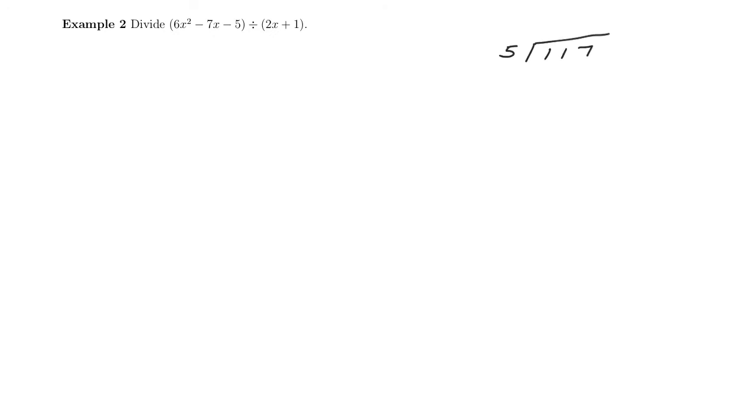117, there's an algorithm for this that you can do by hand so you don't have to use a calculator. And the algorithm that we use here is exactly the same that we'll use on polynomials. So maybe just to recap, what we do is we take the 5, I note that it can't go into the 1, so we just kind of move over to the 11 and ask, how close to 11 can we get? I know it would be multiplying by 2, so I'll put a 2 above where the 11 is, multiply